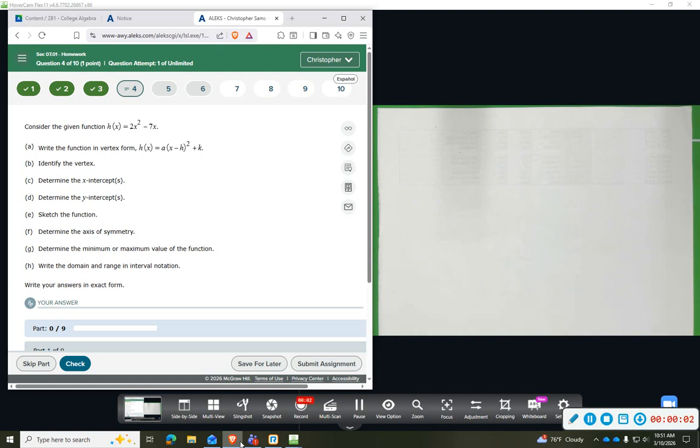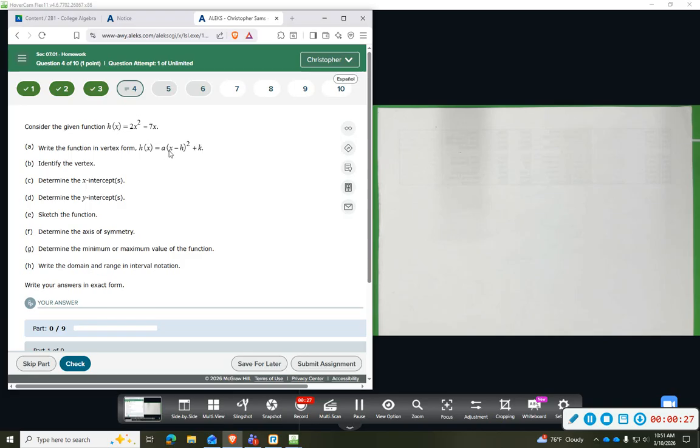All right, number 4, we have a function h of x, and we're going to write the vertex form, which we're going to complete the square. We're going to identify the vertex, the x and y intercept. We're going to sketch the function, determine the axis of symmetry, determine the minimum or maximum value, and then write the domain. So again, the nice thing about this problem is a lot of this information is given just from